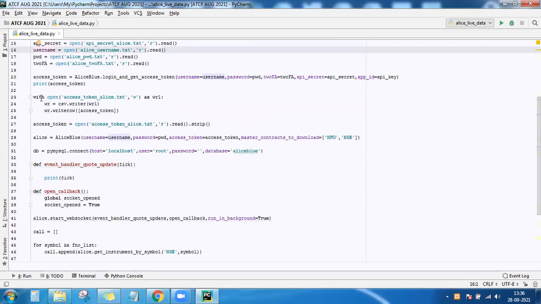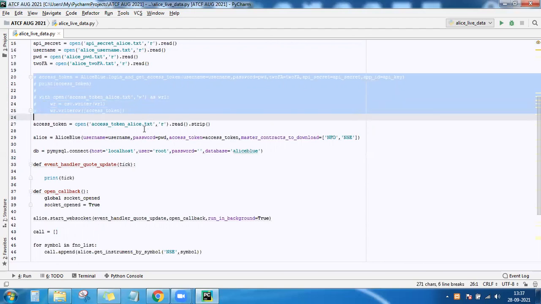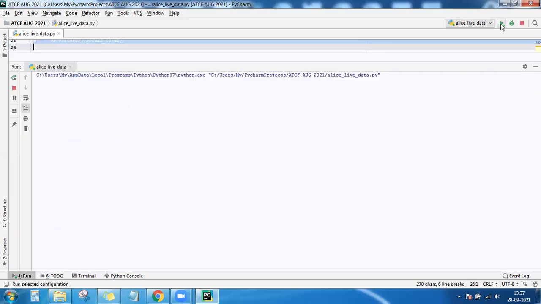You need not get the access token and you need not write it because you already have it in a text file. It will automatically read and that also still works because that is valid for 24 hours. So we have commented those lines where we are logging in, getting the access token and writing the access token to the text file.